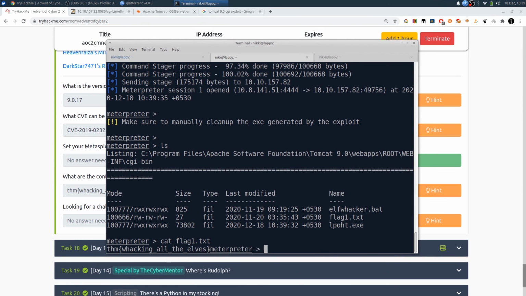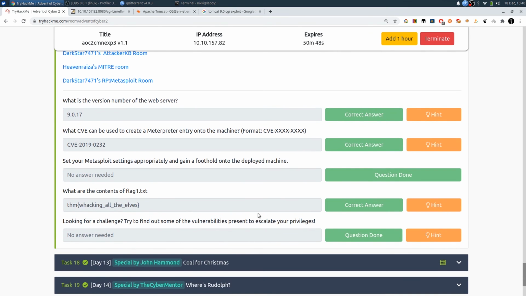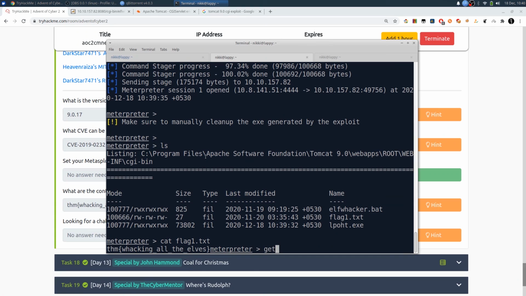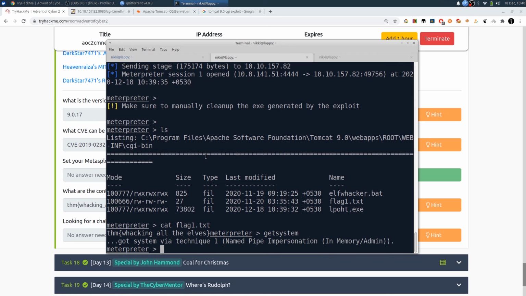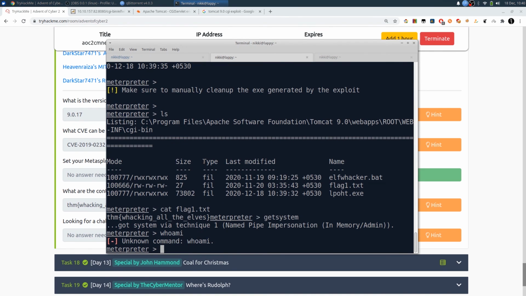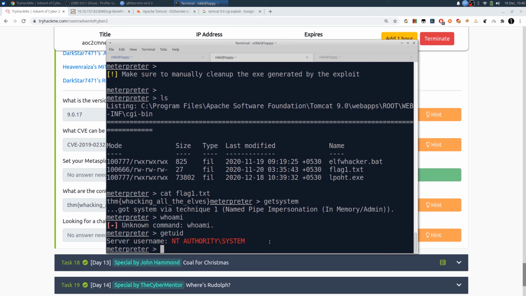So this is the content of flag1.txt, and you can also use the getsystem command to get privileged permissions. Okay, now we can type whoami. Okay, I think getuid. So we are NT AUTHORITY\SYSTEM.